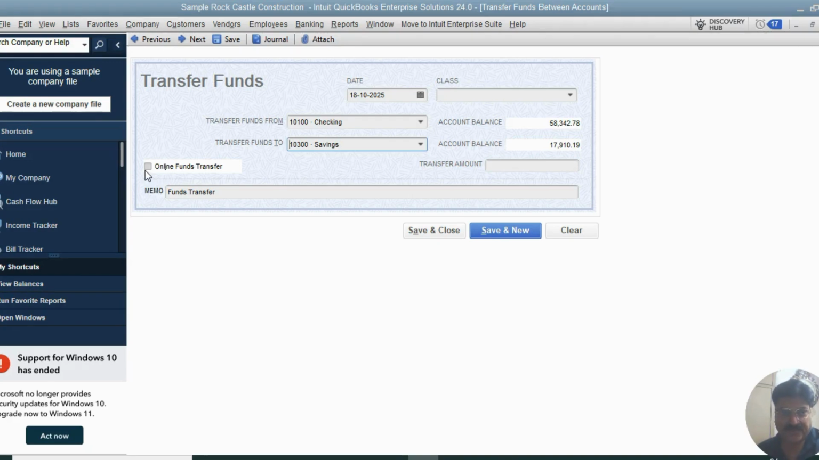So if we check that feature, it will allow us to see the transaction which we are doing through our app. It will directly come up here, the amount will be transferred here. So this is just a sample file, so we are just doing it for practice purposes. It is asking for the transfer amount. Let's say the transfer amount is 1000,